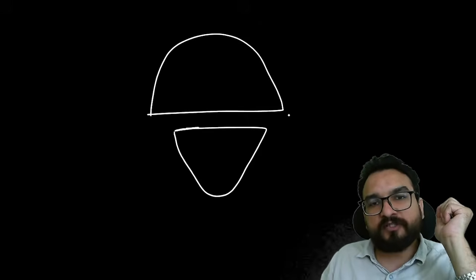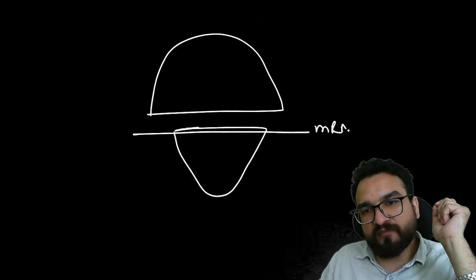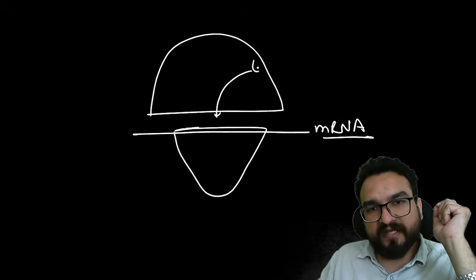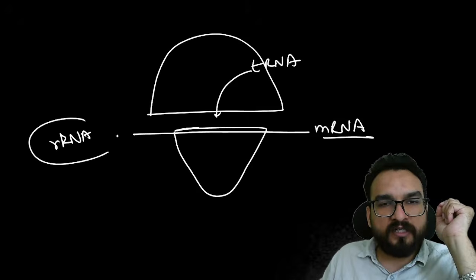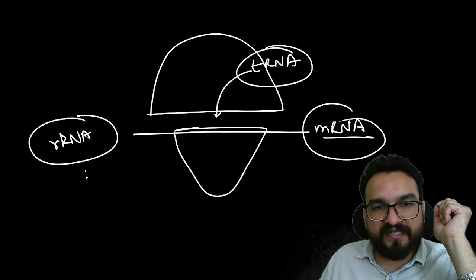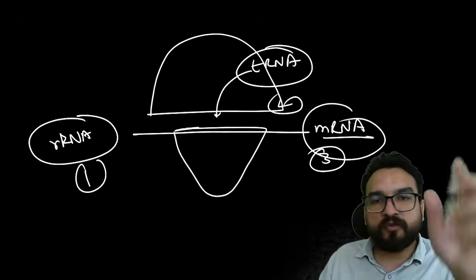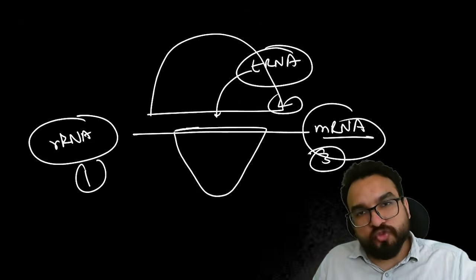But over here what you will be seeing is that the ribosome consists of one mRNA. What is this? In the next lecture you will be understanding. tRNA is coming over here, and rRNA is helping to form the ribosome. So the ribosome structure contains these three important molecules, or you can say the structural parts of the ribosome, right?